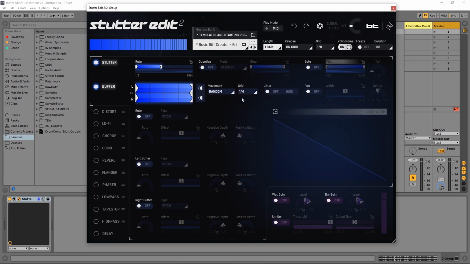So for now, let me come into the grid. Let's turn it to a quarter and let's turn it onto the grid so we can use it. And let's listen to what it sounds like now. In fact, let me turn off the buffer and just listen to this pattern with just the stutter. So essentially, we're just getting that kick, but as soon as I enable the buffer with the movement on the grid on a quarter note, boom,